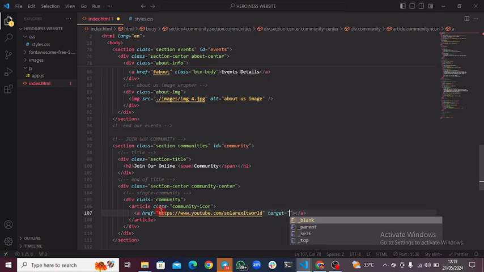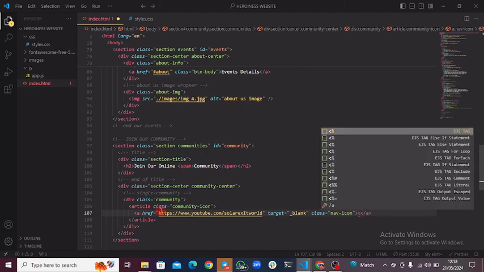Target. Let's leave that blank. And then we are going to have a class for it for styling. Class will be nav-icon for styling it. So inside the link we are going to have our YouTube icon, which is